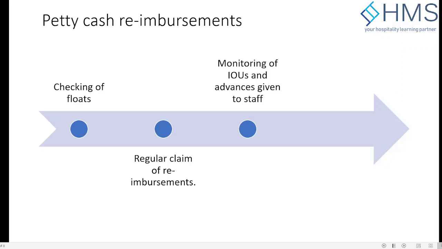Then also there are sometimes IOUs, meaning you are giving money in advance to staff for making expenses. So you also have to monitor if there is any IOU which has been pending for long, and who has been given that IOU. Is that person still working in the hotel or not? Those are important aspects of managing the cash in petty cash. And then the documentary control of the receipts and the approval matrix. All the expenses have to be approved or pre-approved by their department heads or division heads, so that the money is used properly.